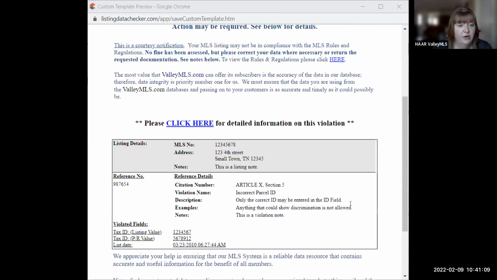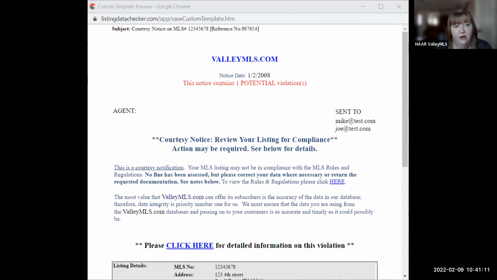So on this notice, I guess I'll start at the top. It does say courtesy notice, and it will say that in the subject as well. You also might see a first notice, which means it's asking for correction. You could see a fine notice, which is a correction was asked for and wasn't made. Or you will see an immediate fine notice, which is exactly what it sounds like. A fine has already hit your account. There is something that you need to fix maybe, but there's already a fine in place.